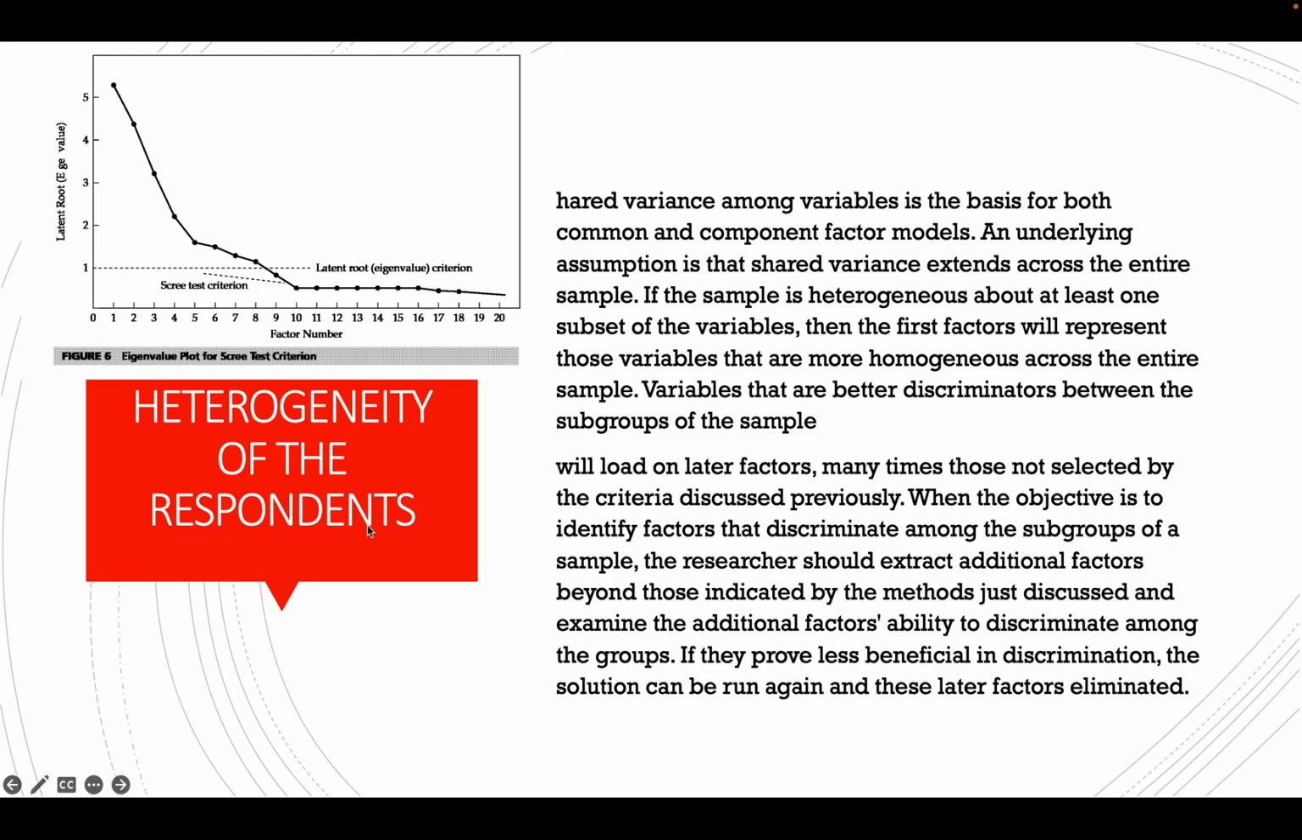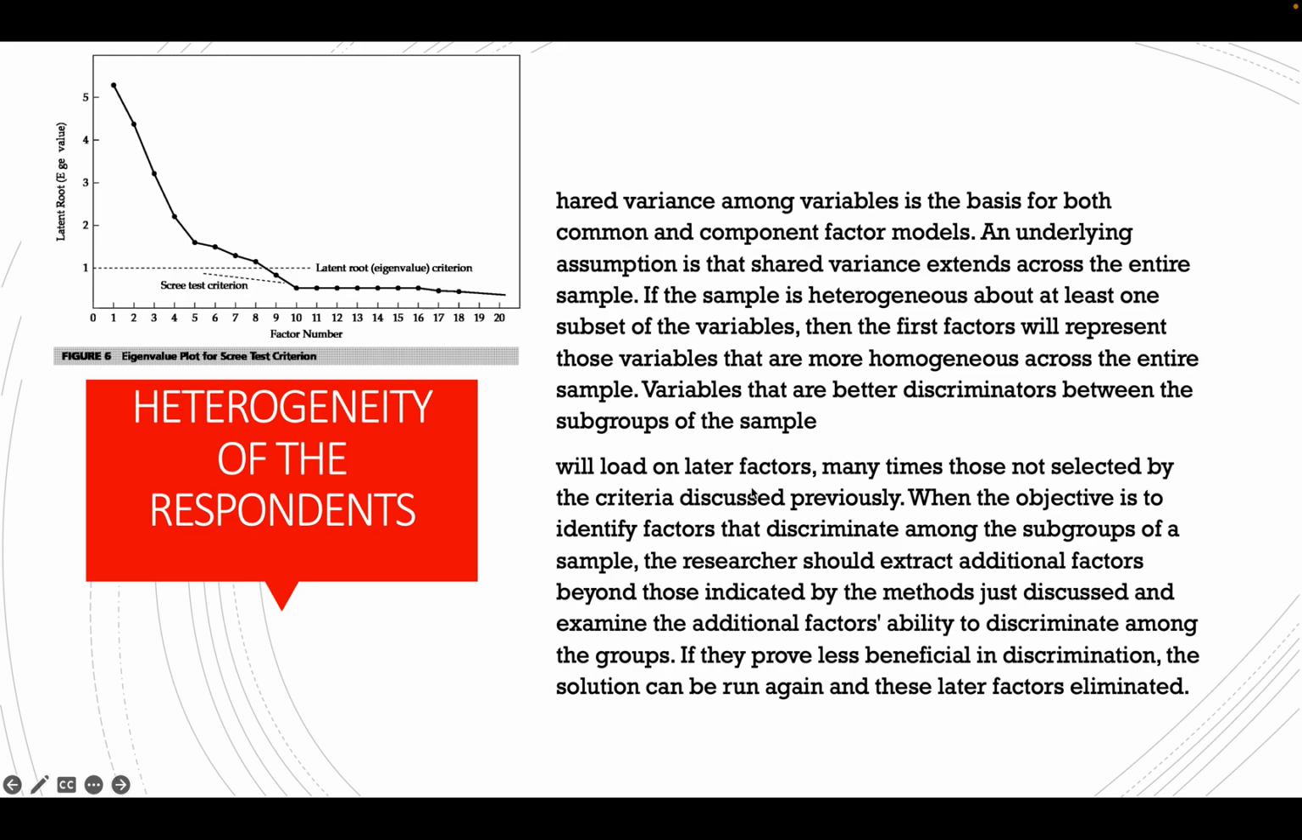Heterogeneity of the respondents. An underlying assumption is that shared variance extends across the entire sample. If the sample is heterogeneous about at least one subset of the variables, then the first factor will represent those variables that are more homogeneous across the entire sample. Variables that are better discriminated between the subgroups of the sample